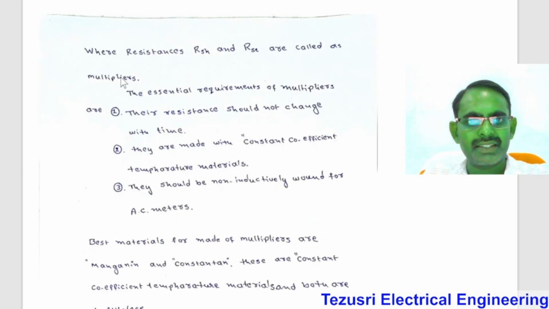The resistances which are connected in parallel to extend the current ranges of a basic instrument, and also connected in series with the basic instrument to extend its voltage measuring range. These resistances are called multipliers. The essential requirements of these multipliers are these: